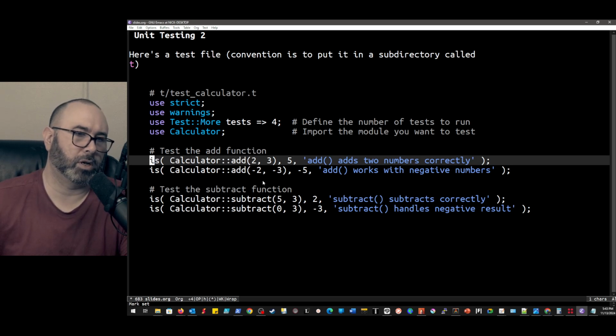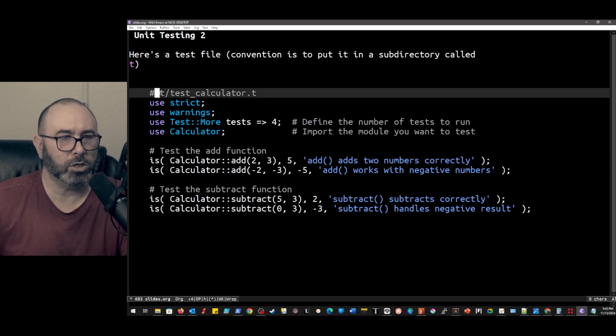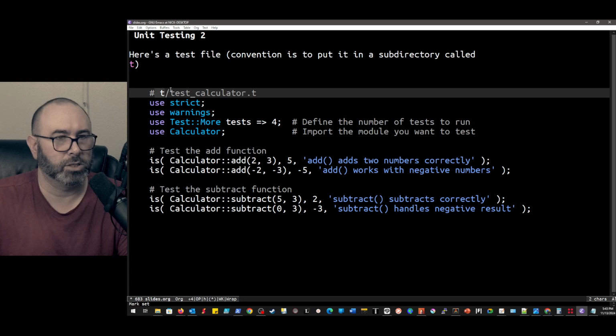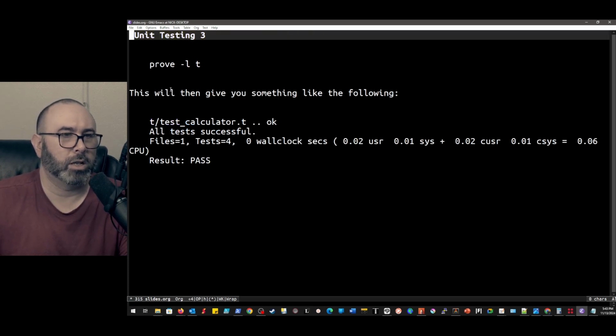Here we get a positive, we get a negative. Looking at the subtract function, you can put this wherever you want. One of the conventions, which I typically don't like, is you put it in the t directory. I usually call it my directory test, but that's the convention, so I'll stick with it here. And then the way we do this is we use the prove command.